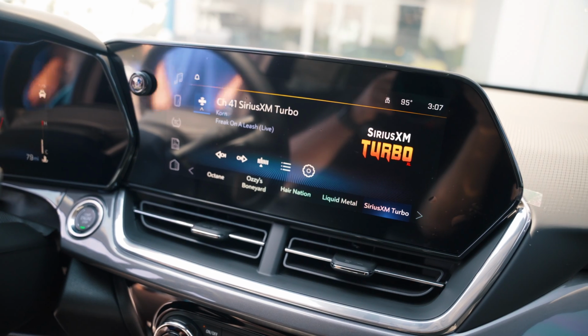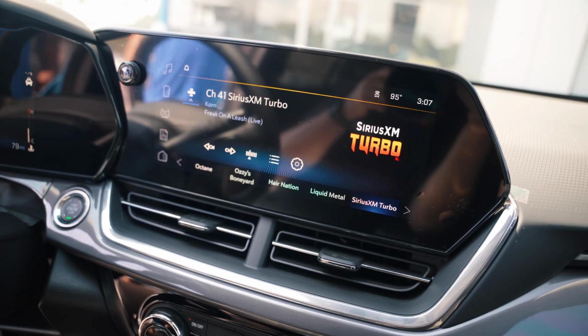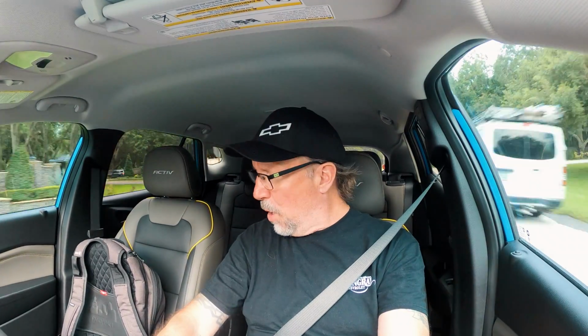One of the other things that I was enjoying as I'm driving home is the layout of the screen up here. It does so much. I mean, you can do a lot on the screen, and I think that's one of the new redesigns for 2025. Not that the 24 isn't great. They just moved things around and done a couple of things. But the stereo in this car, I mean, this isn't even a Bose stereo. This is just a regular stereo, and